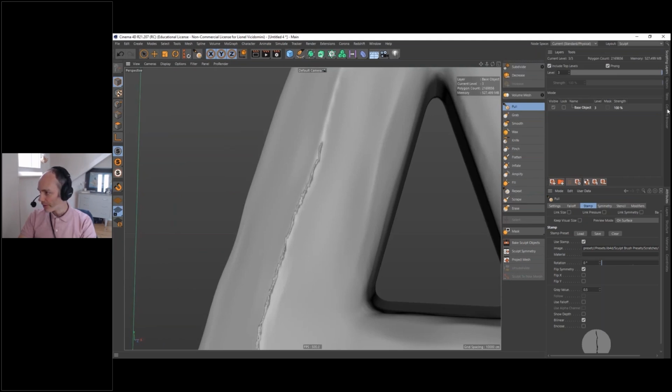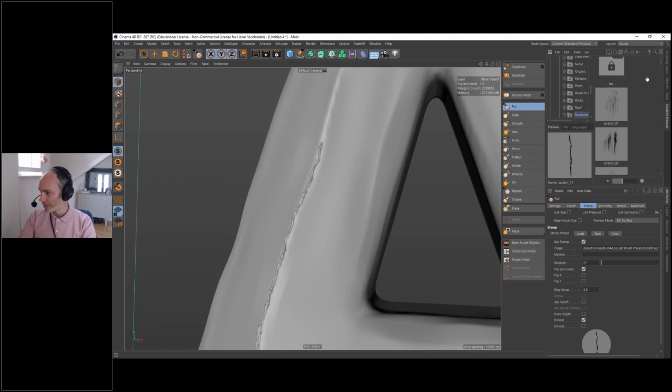I can use other scratches we have here. For example, we could use this one, Scratch 13, load it, gray value to 0.5, and here it is.